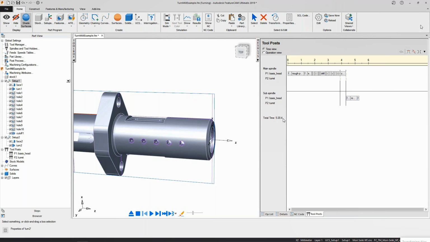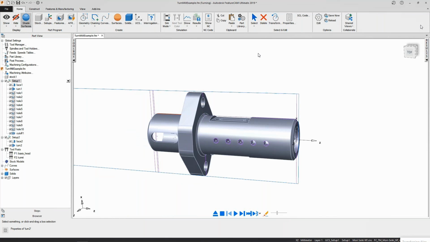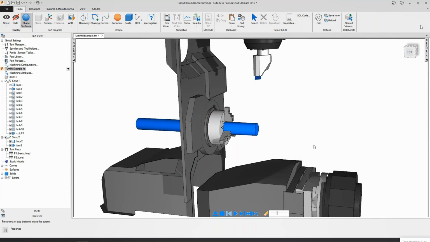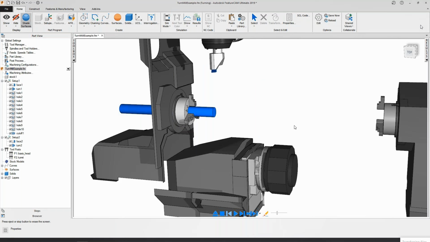This shows you the workflow, and then you have this synchronization between the main spindle and the subspindle. Setup one is the operations carried out on the main spindle, and setup two is the operations done on the subspindle. This synchronization is taken care of by the software itself.